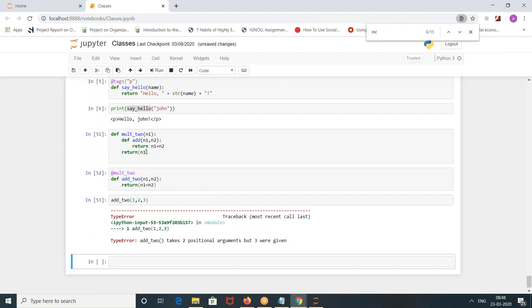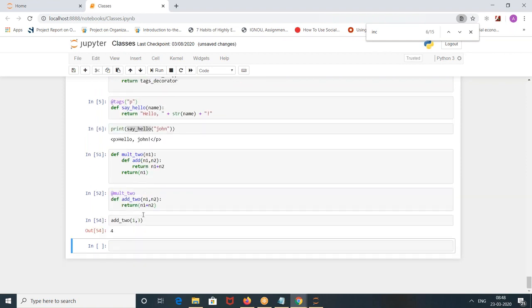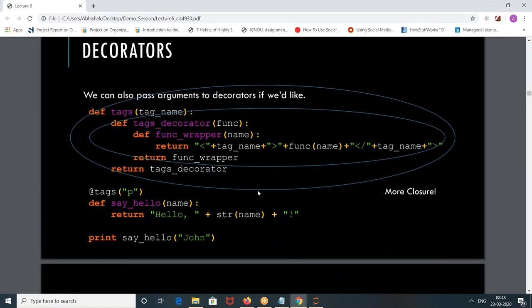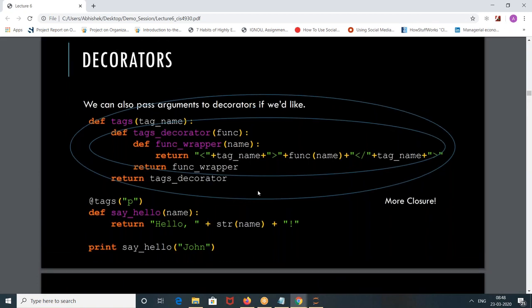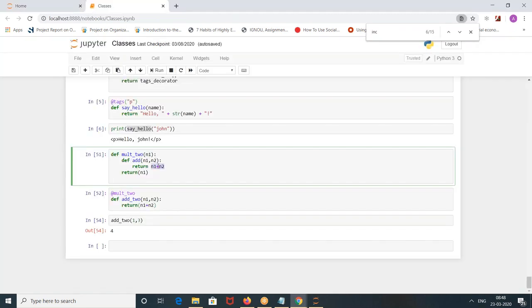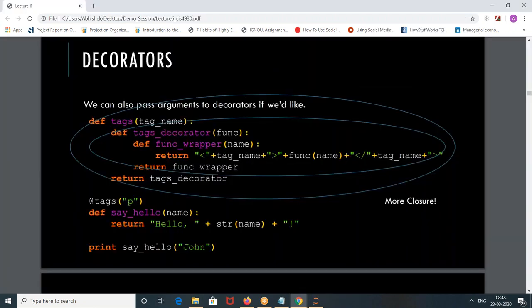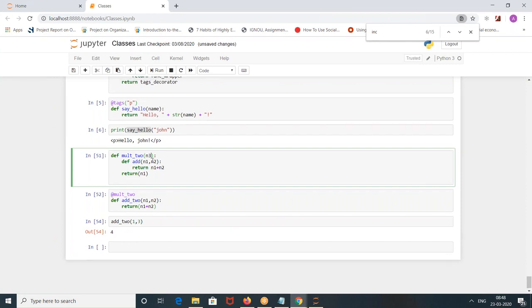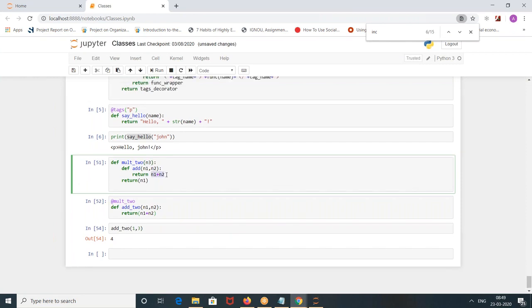It takes 2 but 3 were given. 1 plus 3 is 4, but I had to apply this. Pass n1 inside this. Let me pass n3.